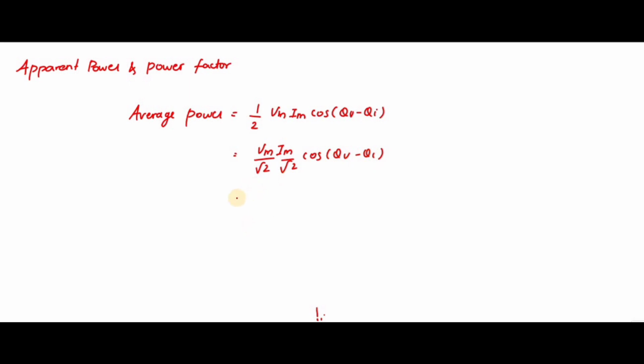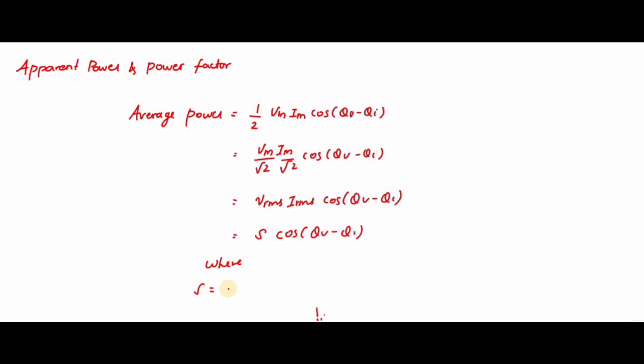This I can also write as Vrms into Irms cos(del V minus del I). This Vrms into Irms, I can write as S, so S into cos(del V minus del I), where